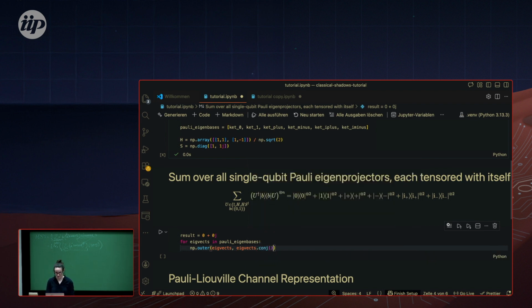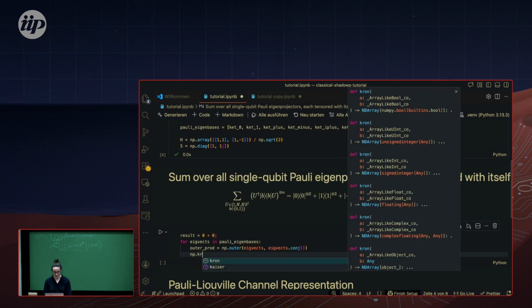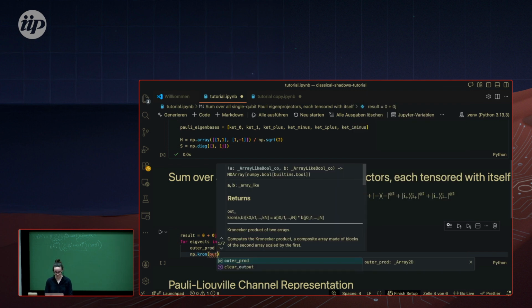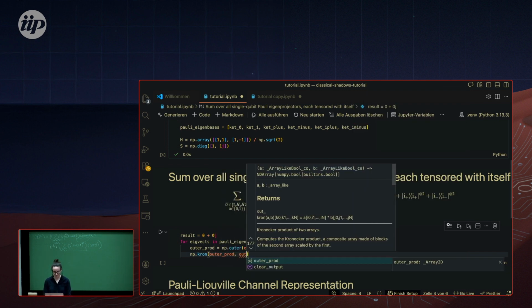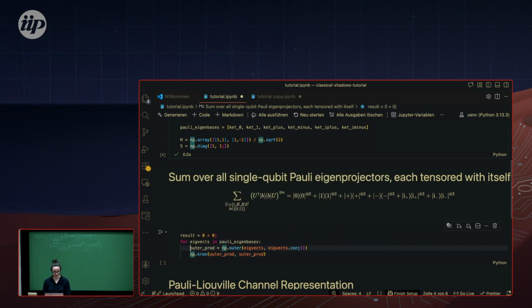So I still need to conjugate the right part. So this is my outer product. And now I want to take this tensor itself, right? So we have the outer product with itself. Please tell me if I make a mistake. I never did this, so some eyes watching me is maybe not bad.